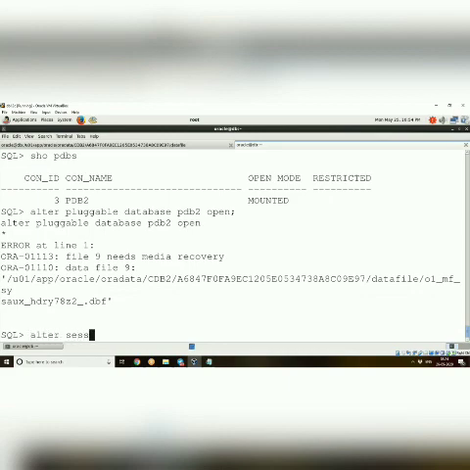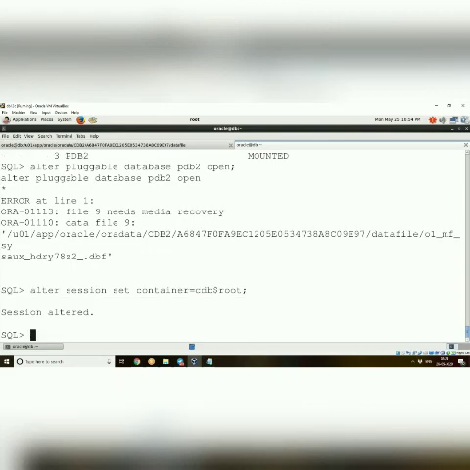So, alter session set container equal to CDB$ROOT. If you want to go to the root container, either you can go like this, alter session set container is equal to CDB$ROOT, or else you can connect as usual, connect /oracle at CDB2. Like that also you can do. Fine. So now show PDBs.